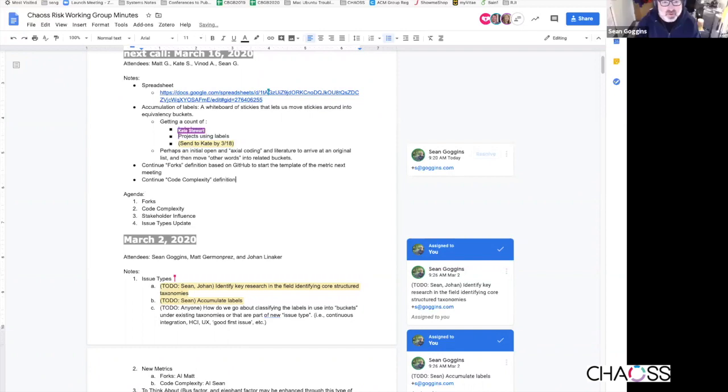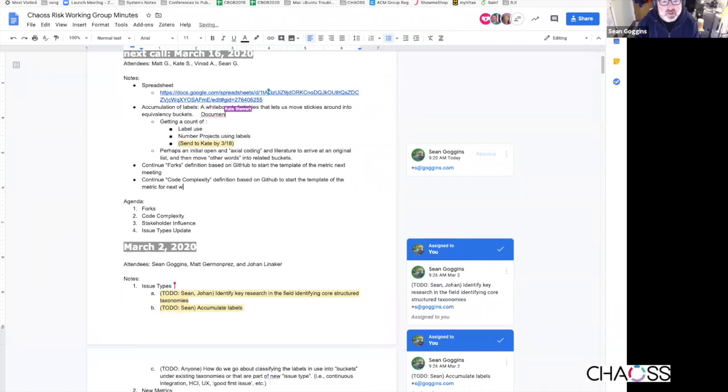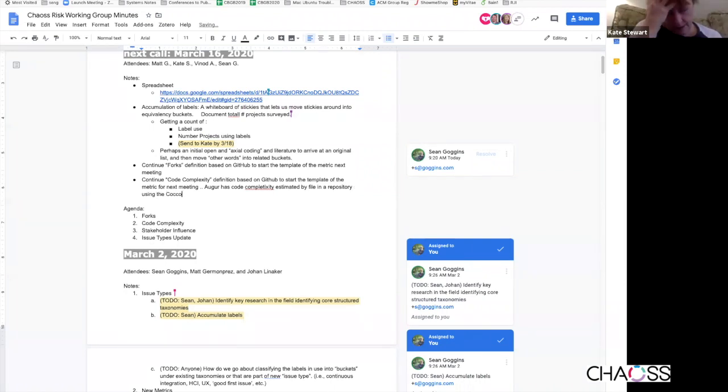And it's the same story for code complexity. Augur has code complexity estimated by file using the Kokomo algorithm. One of the things that might be kind of fun that I'm having to deal with from another perspective is